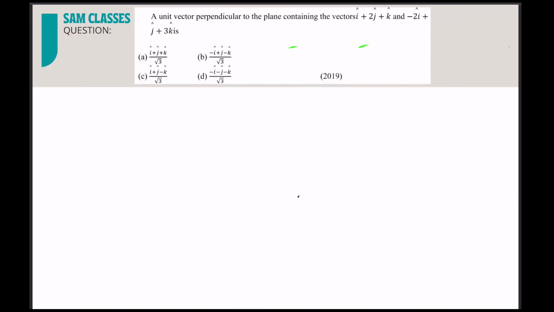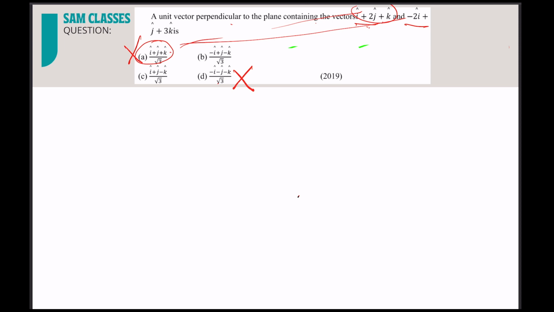Vectors, a unit vector perpendicular to the plane of this and this. So what basically you have to do is take a dot product with this and a dot product with this. See, this is all positive. If you do a dot product, it can never give you 0. Correct? Now this again, if you see, all negative. If you do a dot product with this, it will never give you 0. So this is also cancelled. So now what are the options left?